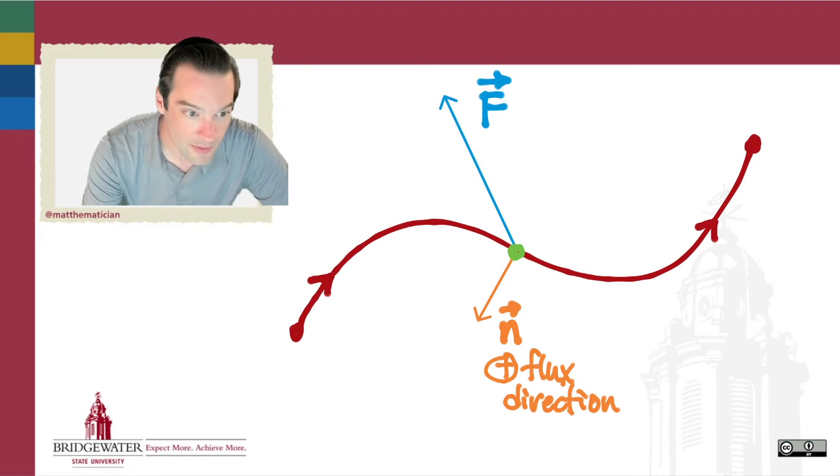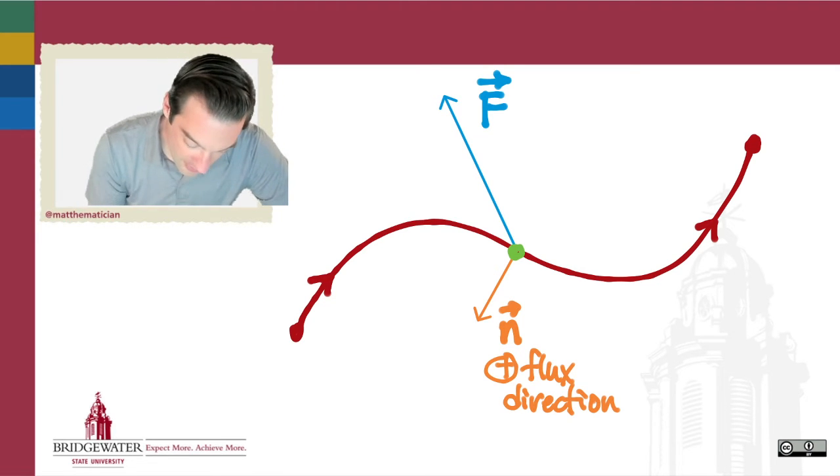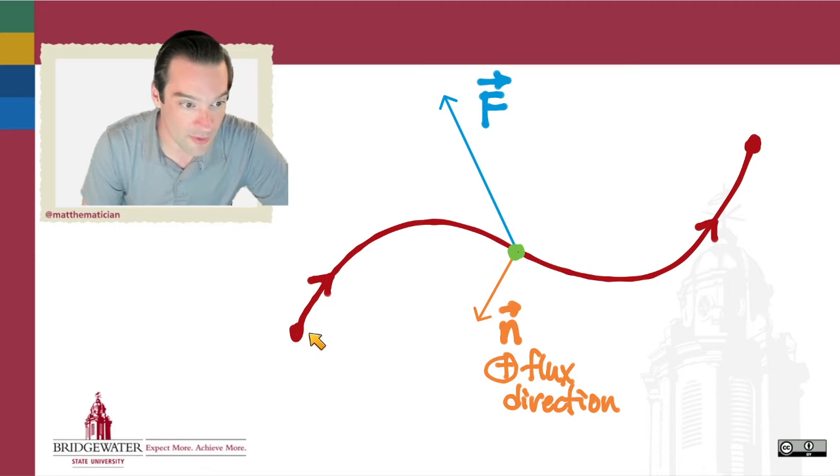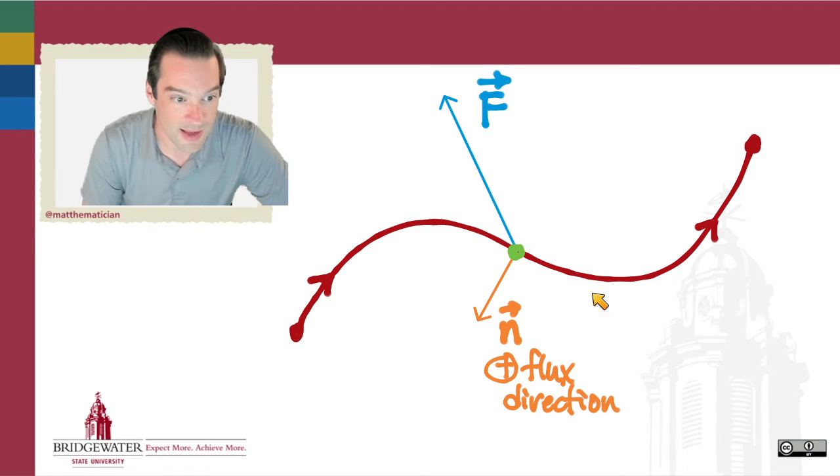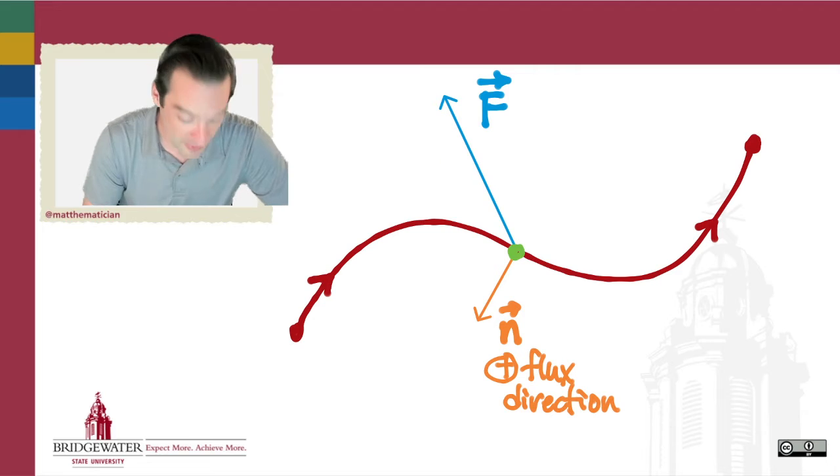The flux is negative? So talk me through that. So we're running along this curve in this direction. Right. And so the positive flux direction is from my left to my right. So that's why I've drawn the normal vector in this direction. And so if my vector field is flowing this way,